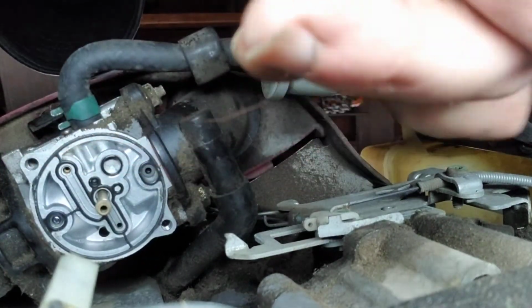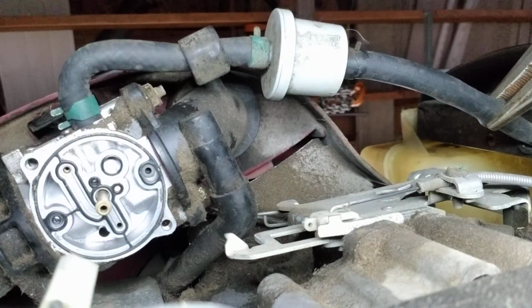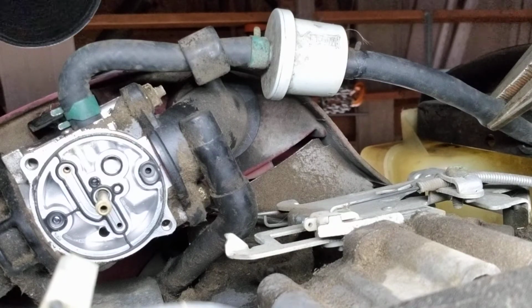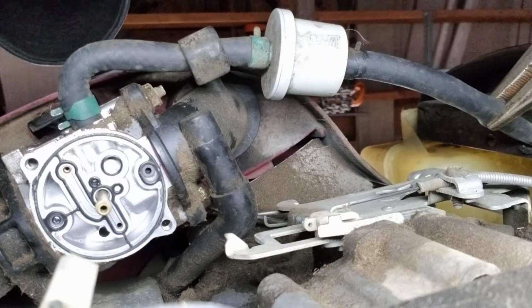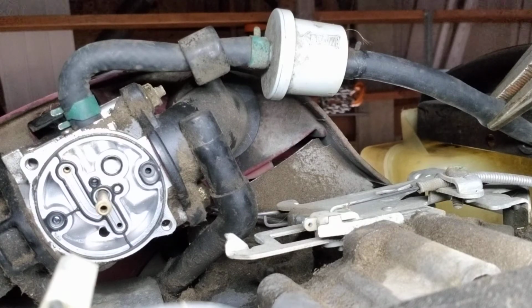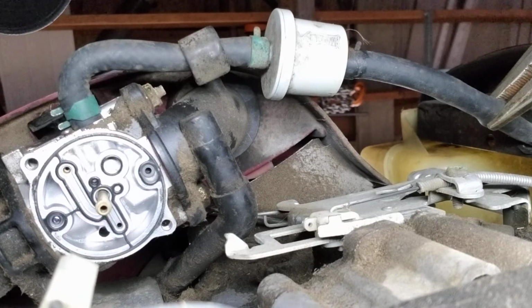I just took this piece of wire, reamed them all out with the wire, and I was back in business. I didn't even have to pull the carburetor off. So I just wanted to show everybody that little thing that I do, because it really was easier than pulling the whole carb off and all that. But not the best